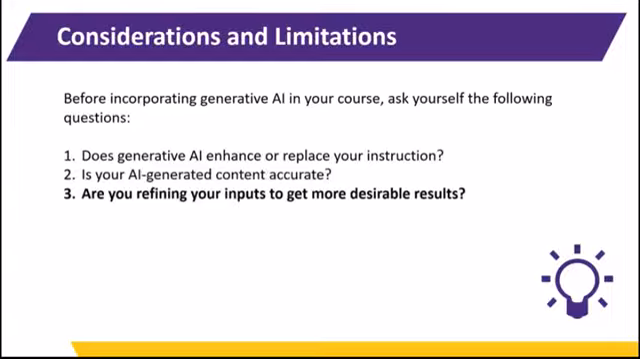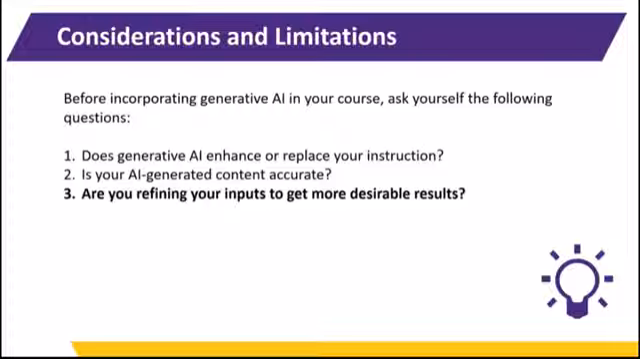Next, are you refining your inputs to get more desirable results? Think about when you search for information on the web. If you search for learning objectives, your search is going to cast a broad net over anything relating to learning objectives. You could end up having over 1 billion different results. However, if you tweak your search to something more specific, like college algebra learning objectives, you'll get fewer but more specific results. In much the same way, using more detailed inputs or prompts will help generative AI tools provide more